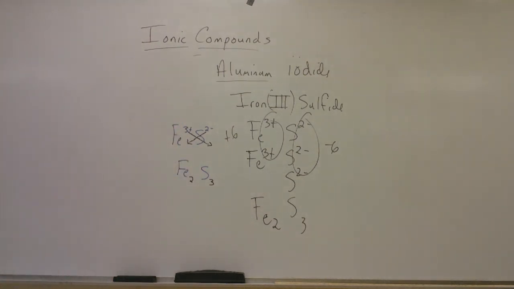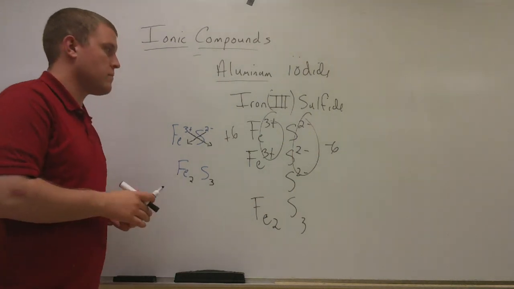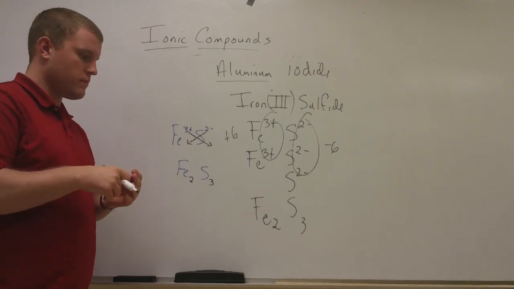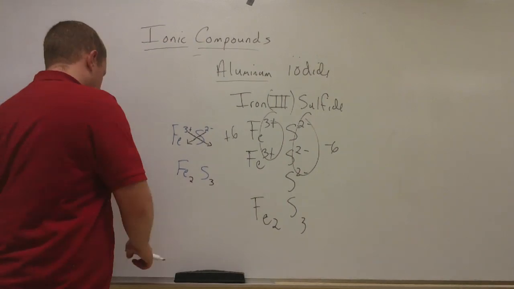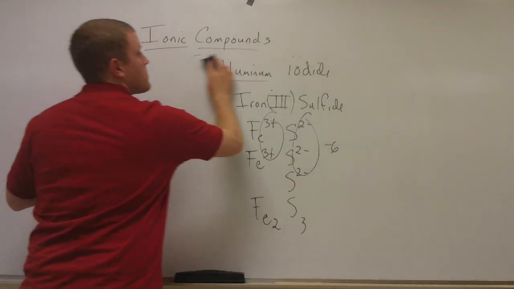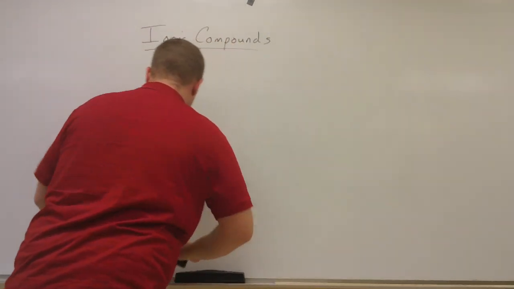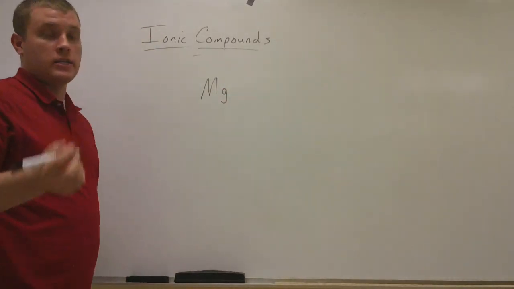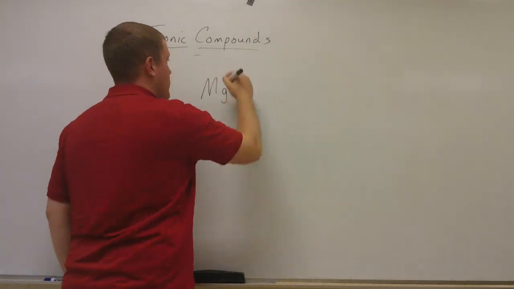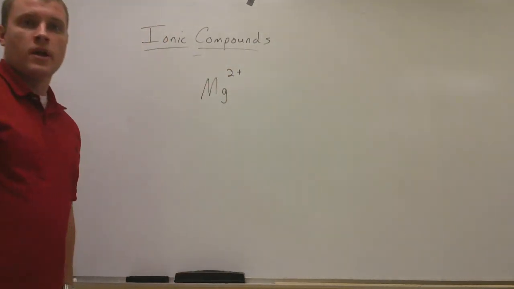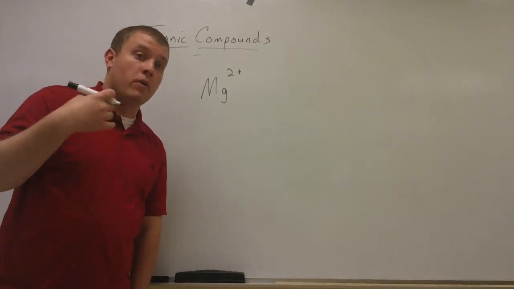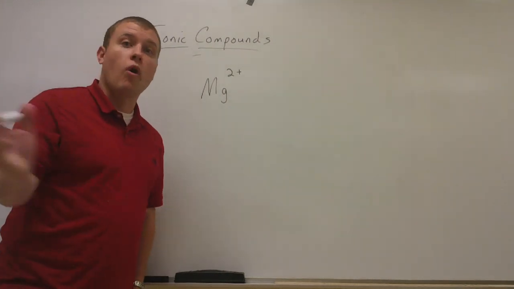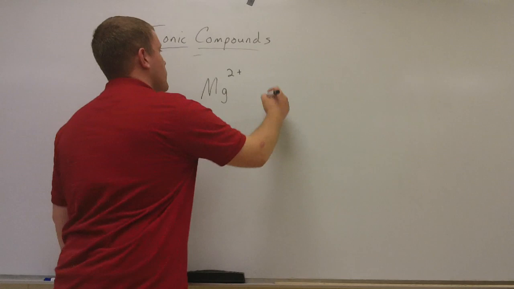Now, Mr. Walsh, while you're up there, can you show them how to do it if there are polyatomic ions involved? Polyatomic ions. All right, which one would you want me to do? Let's try magnesium hydroxide. Magnesium hydroxide, okay. Magnesium, being a metal, is going to give up its electrons and have a 2+ charge. Now, the table of common polyatomic ions, once again, is another thing that you should commit to memory before you even walk into school on that first day. Hydroxide,